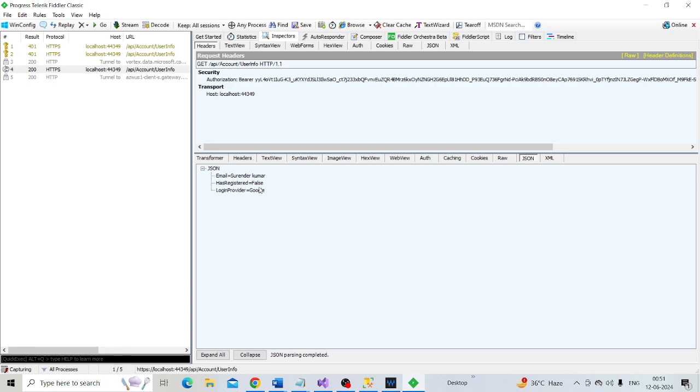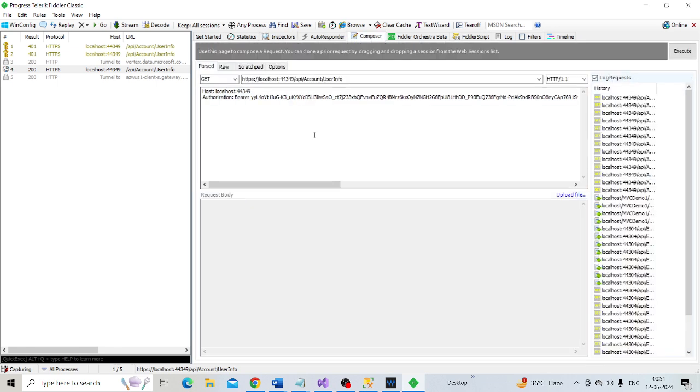So the function that we are going to write now is going to issue a GET request to this URI and check if the user is registered with our application.